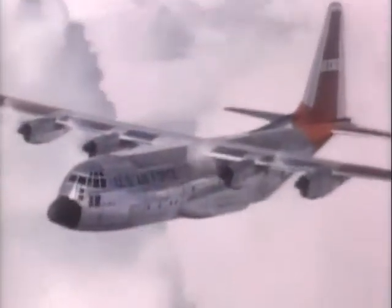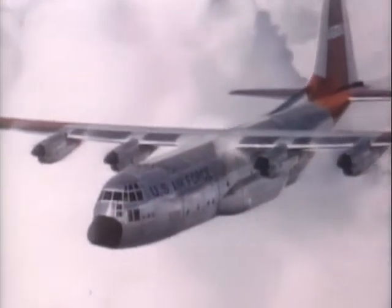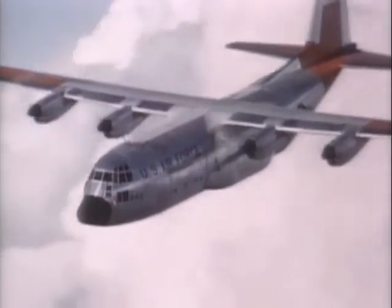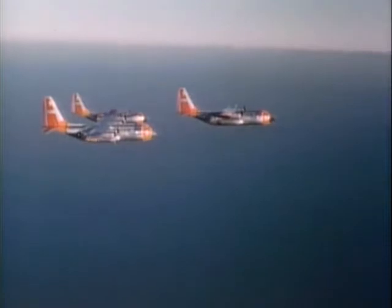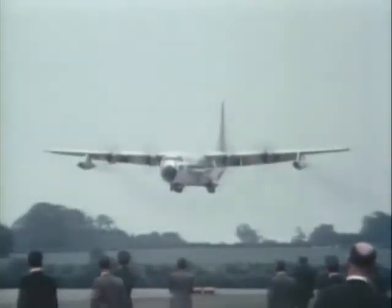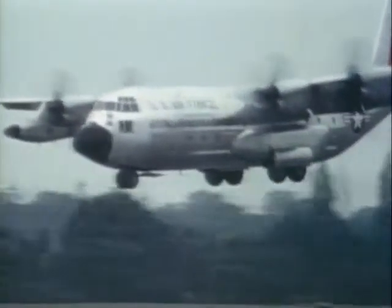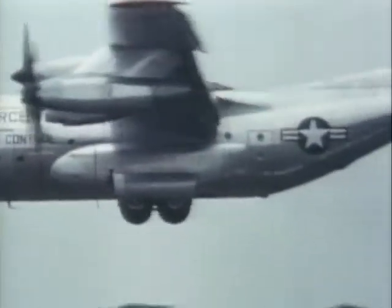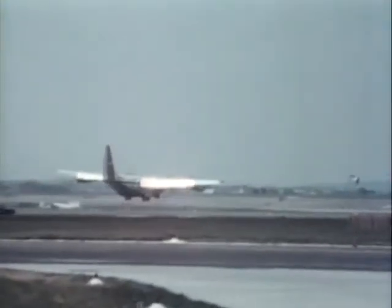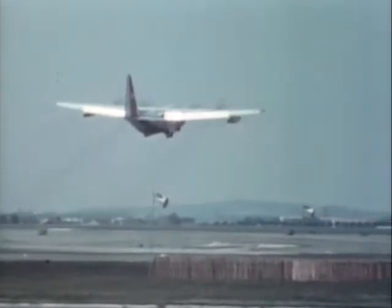The B model had many improvements. It was equipped with more powerful engines, 4 Allison T-56A-7s, and the 3-bladed propellers were replaced by 4-bladed models. Maximum range was extended to 4,000 miles. Moves were also made to shorten the takeoff distance. Lockheed developed a boundary layer control for the Hercules, adding 2 jet engines to the 4 existing prop jet engines. The jets forced air over the control surfaces, increasing lift, allowing the aircraft to take off after a ground roll